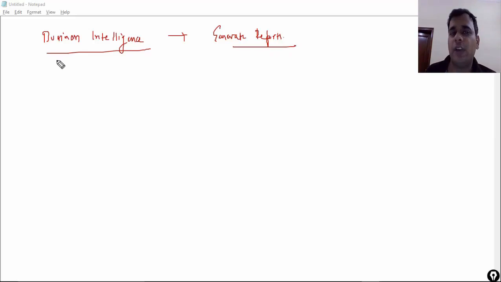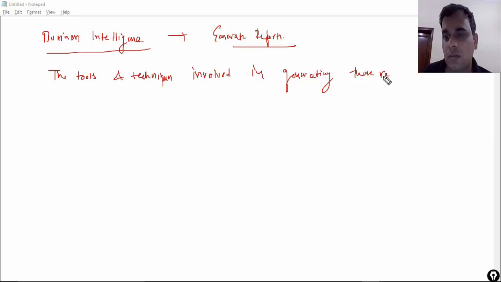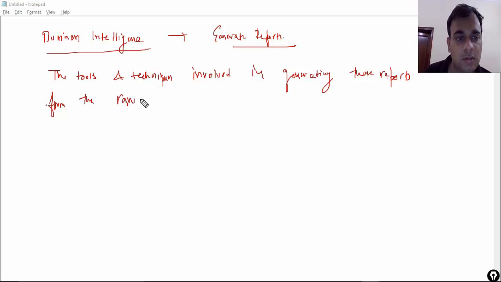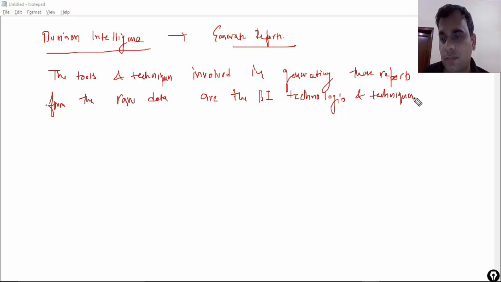Now I am telling you the definition of business intelligence: the tools and techniques involved in generating those reports from the raw data are the part of BI technologies and techniques. For example,